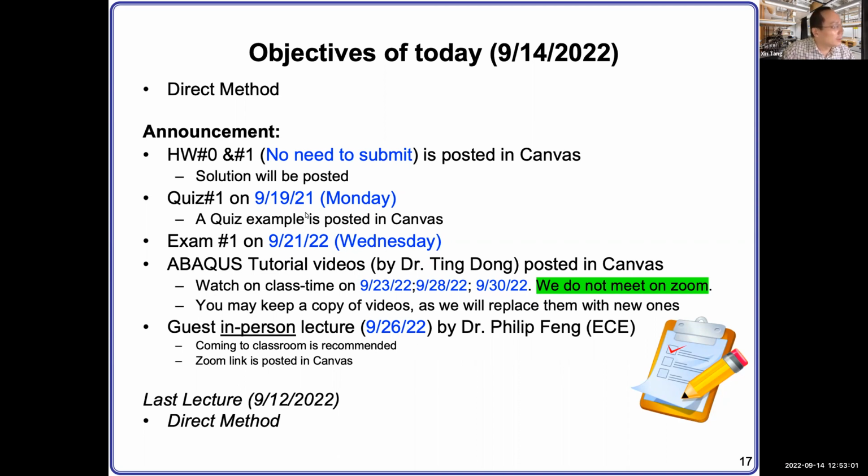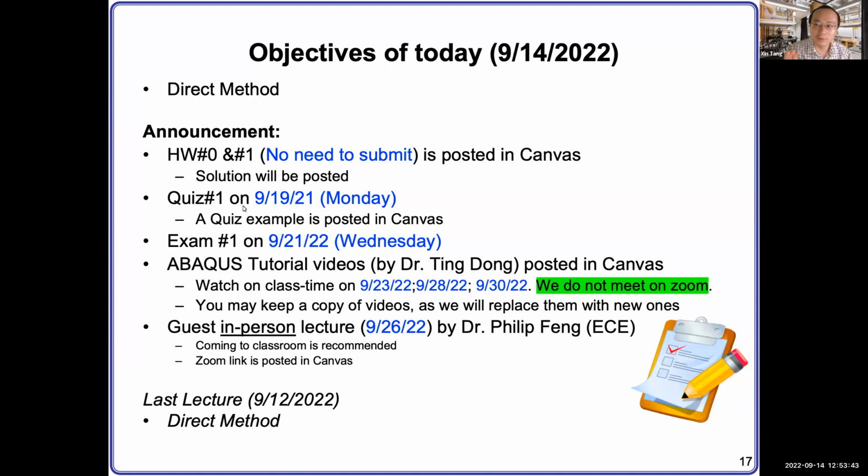Okay. Next Monday, September 19th, let's have the first quiz. This quiz will be on the direct method we have discussed. So make sure you understand all the materials we discussed in the class, and make sure you can do it by yourself in a quick way. The quiz questions will not be very difficult, but very fundamental, key to the concept. Once you understand all the concepts, and if you go through the examples we discussed in the class carefully, then you should be fine. You should have zero problem.